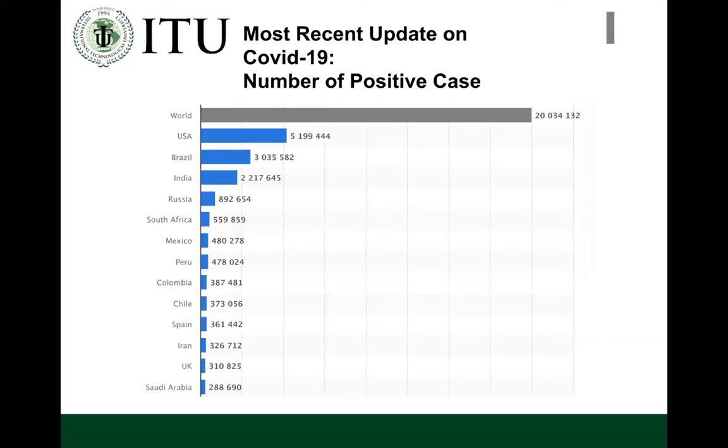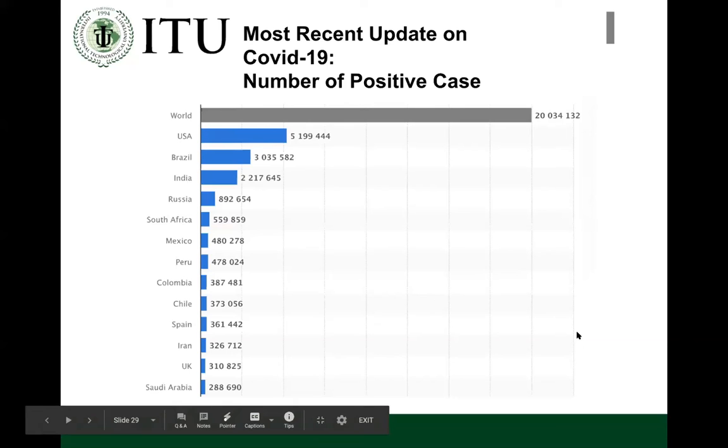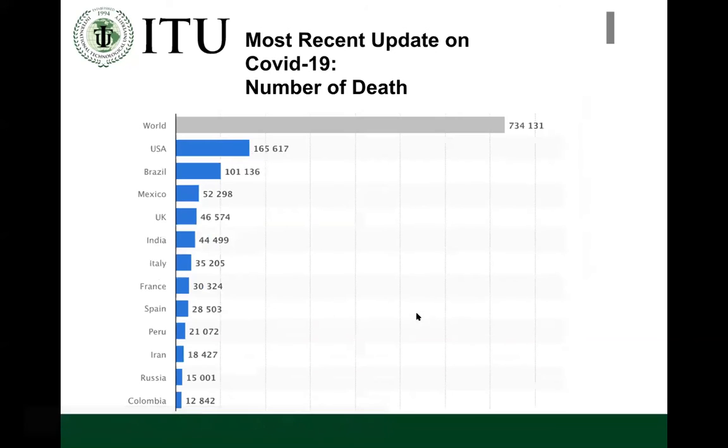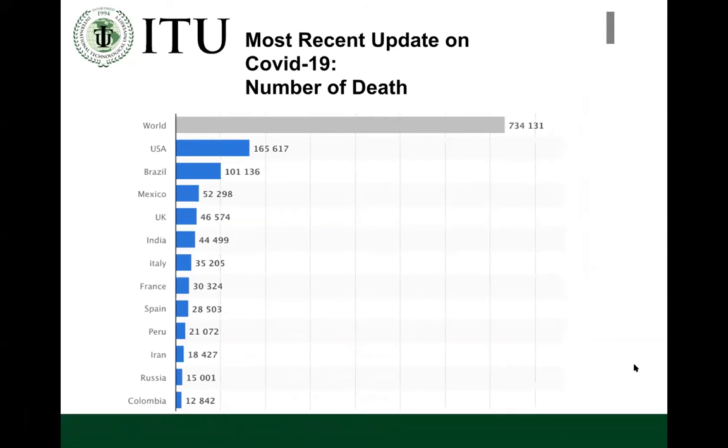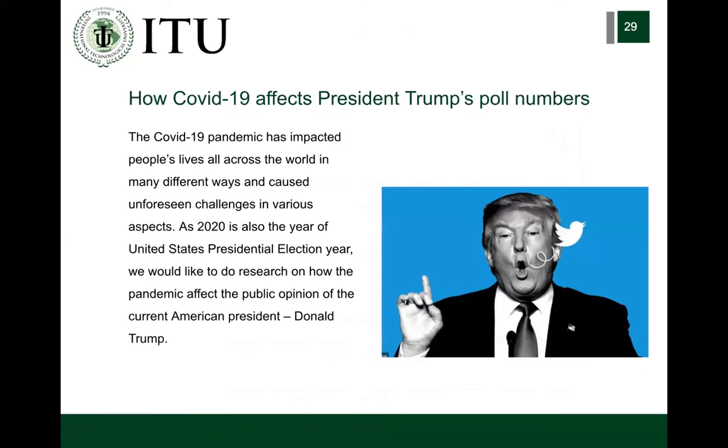This slide is about why we want to do this study. We want to know how COVID-19 affects President Trump's poll number. The COVID-19 pandemic has affected people's lives all across the world in many different ways and caused unforeseen challenges in various aspects. As 2020 is also a United States presidential election year, we would like to do research on how the pandemic affects the public opinion of the current American President Donald Trump, and why we are doing something about